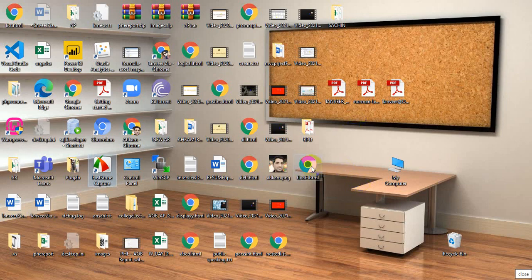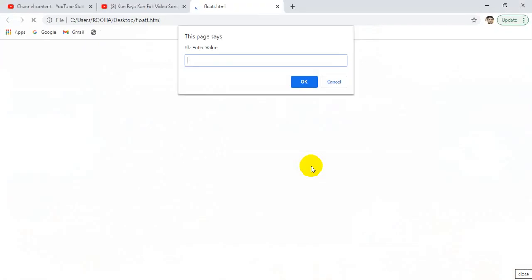The file is created. Now let me open it in my browser. You will notice that when I run the page it is blank, because I have not put anything inside the body. Now you will notice a prompt box popping up on the screen, with the message please enter value, which I have written.